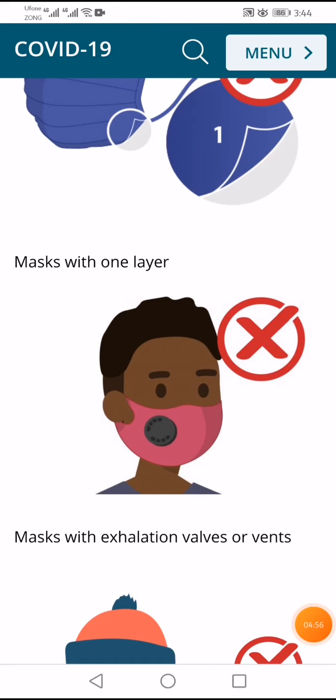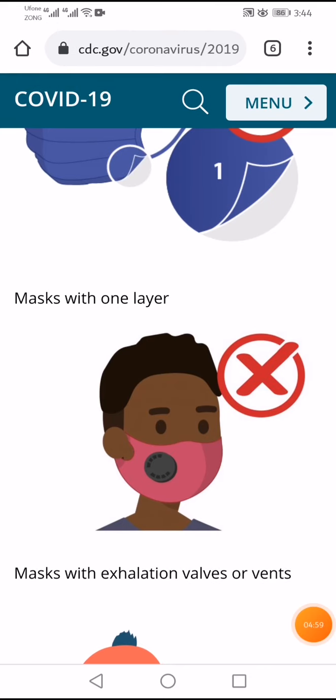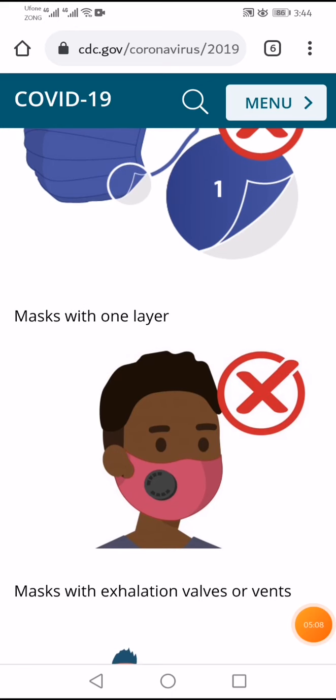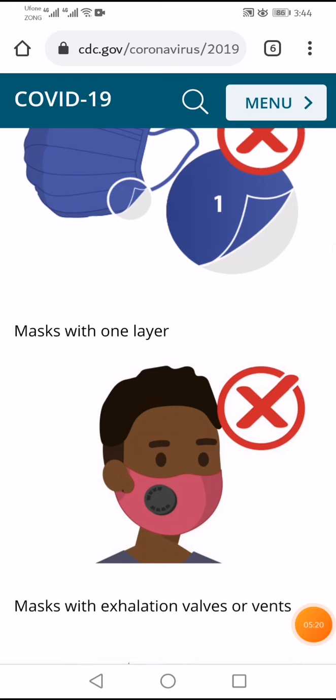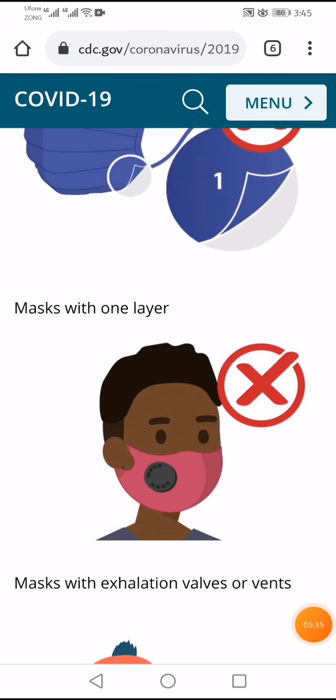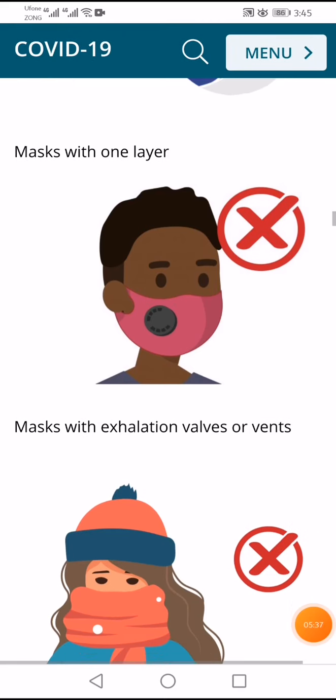Then there are masks with exhalation vents. There are a few industrial types of masks such as N95. Prolonged use of these masks can be dangerous, because you can see a notch on the mask, that black colored part. These can be a place where microbes can sit, and because they are not reusable, you cannot simply wash them and use them again. When you do such a thing, these areas can be harmful for oneself and others. So these types of masks are not recommended.